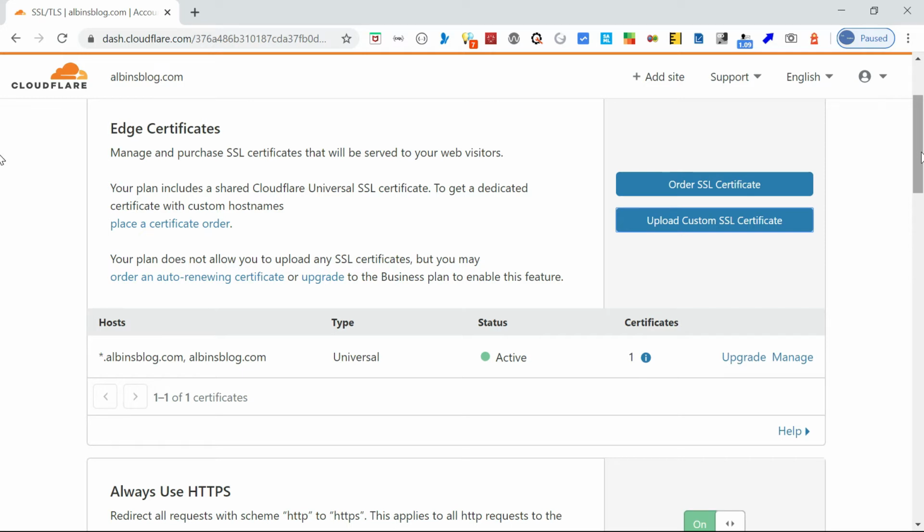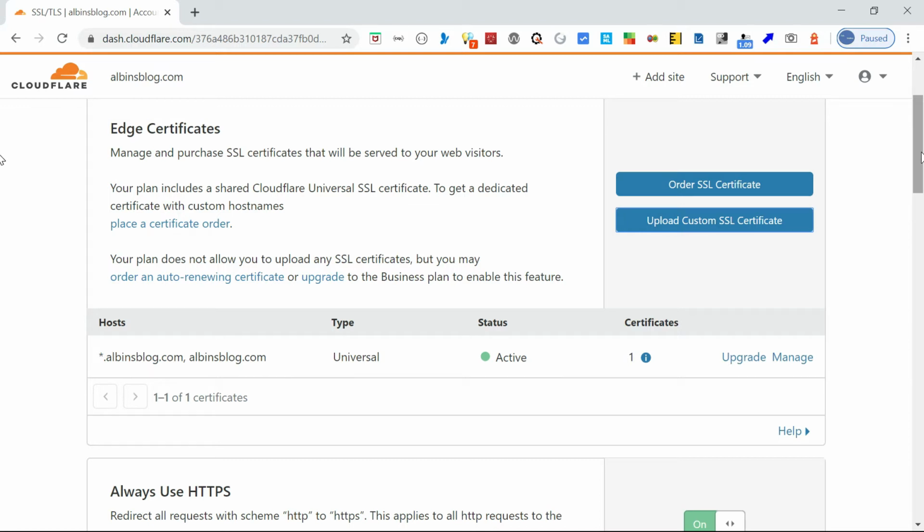But the traffic is decrypted and re-encrypted in Cloudflare. We are talking here about end-to-end encryption, but it's not completely end-to-end. Cloudflare decrypts the traffic, then re-encrypts it before sending it to the origin server. You can use any of the certificate options we discussed earlier: Universal SSL, upload custom SSL, or order an SSL certificate. One of these options can be used to protect, again, the browser to Cloudflare traffic.